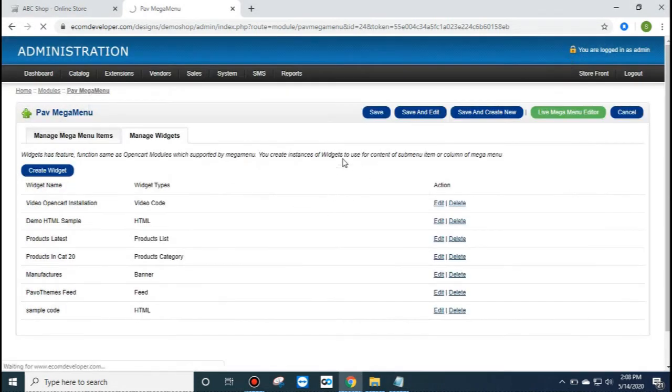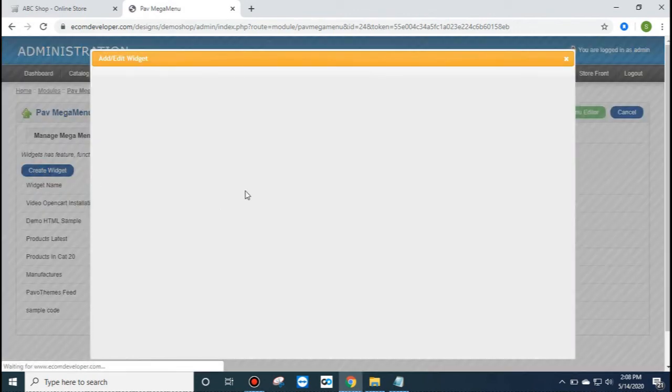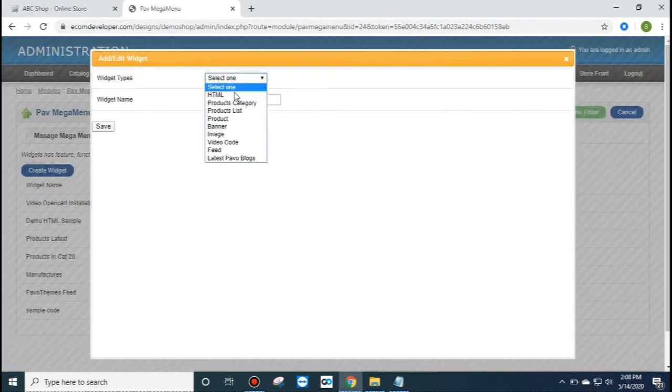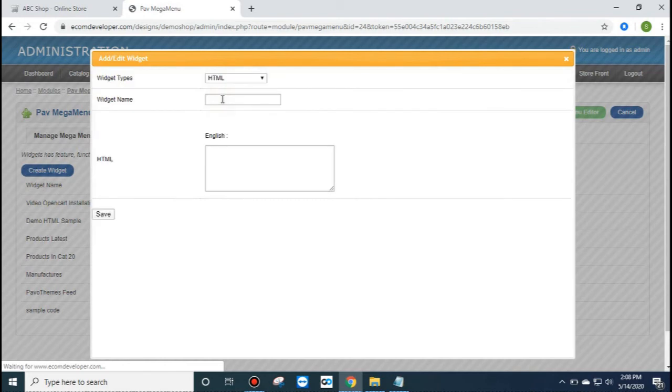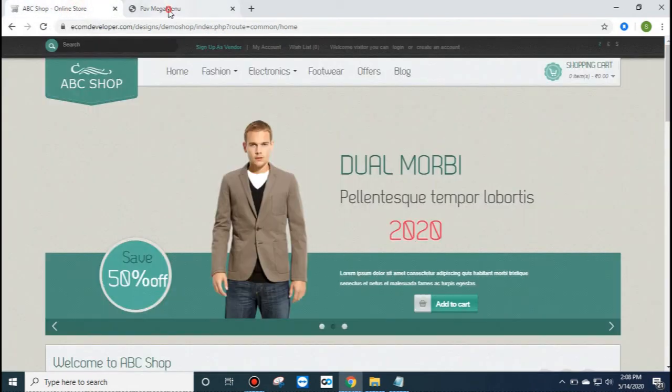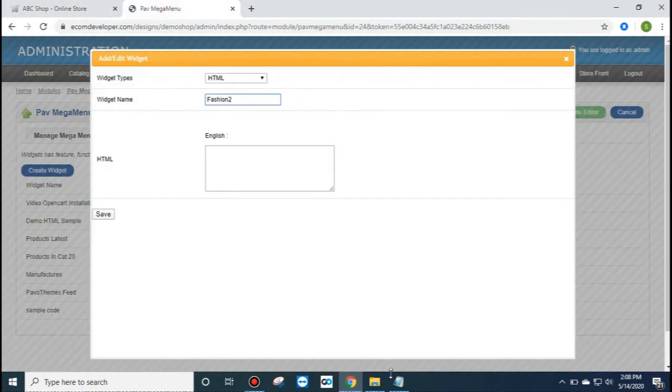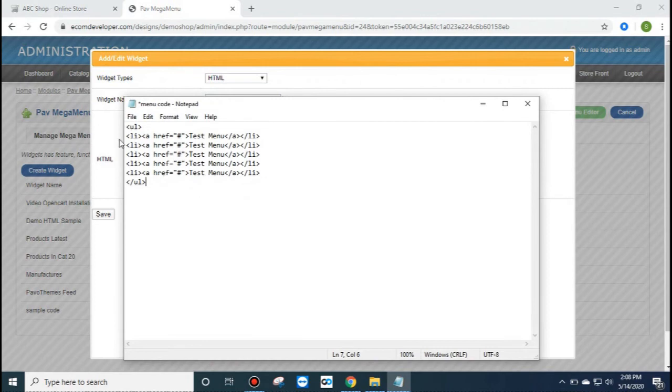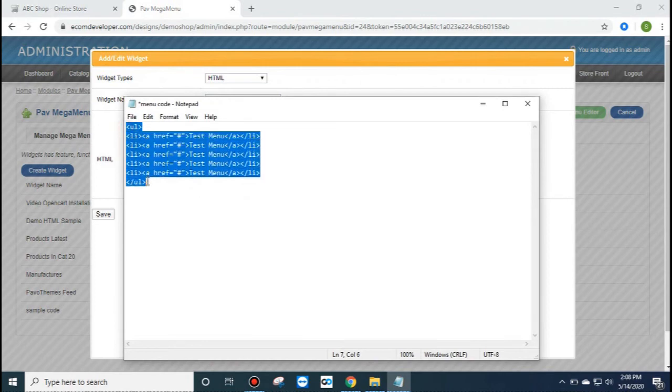We will create another widget. Select HTML, put any name, like we will put the name as fashion 2, and after that we will modify it and we will put this code here.